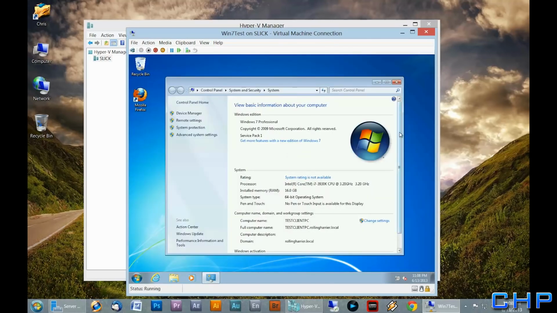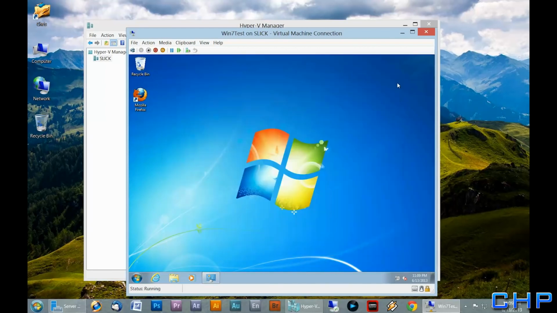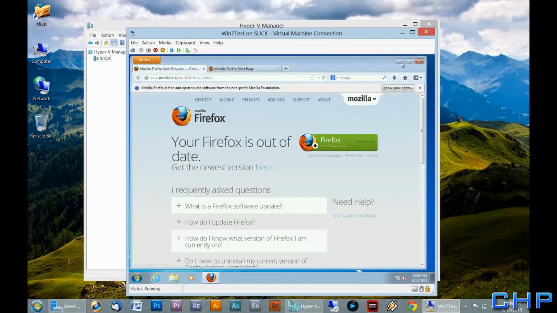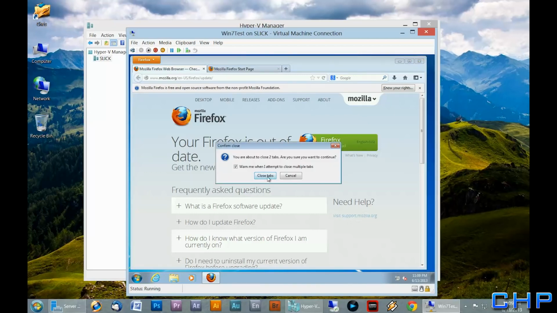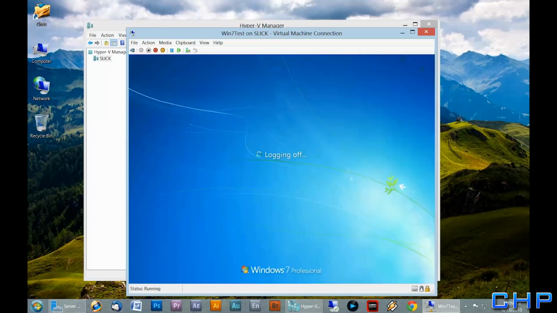As you can see, if you scroll down to Full Computer Name, or my fully qualified domain name, which is testclientpc.rollingharrier.local, this validates that I have successfully joined this machine into the domain. Also, as you can see, I have the custom program that I've installed onto Windows, which is Firefox. Of course, you can install other software as you see fit for your particular user, such as Wireshark or other useful utilities. And now that we've verified that this process completed successfully, I'm going to shut down